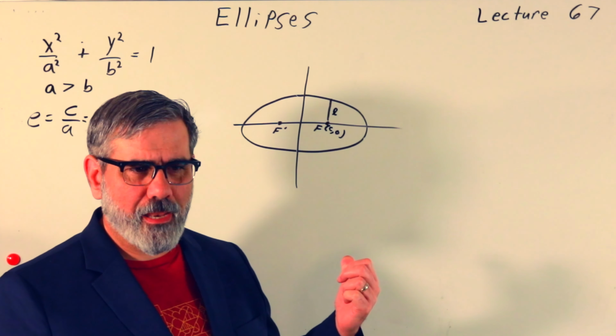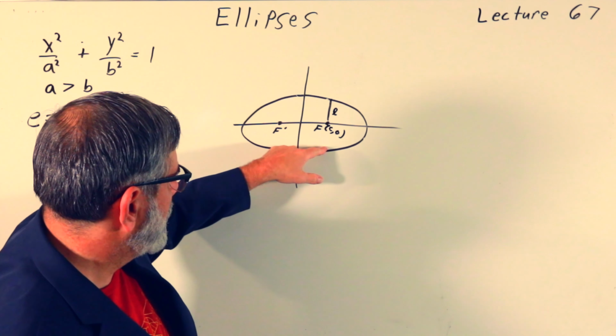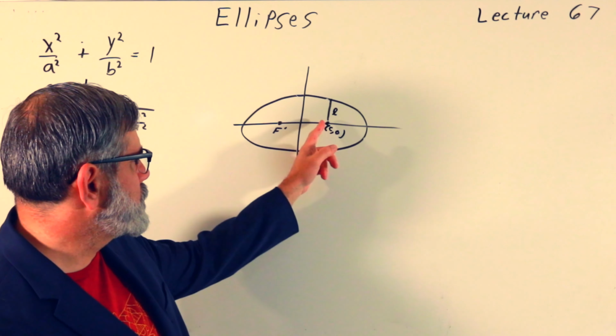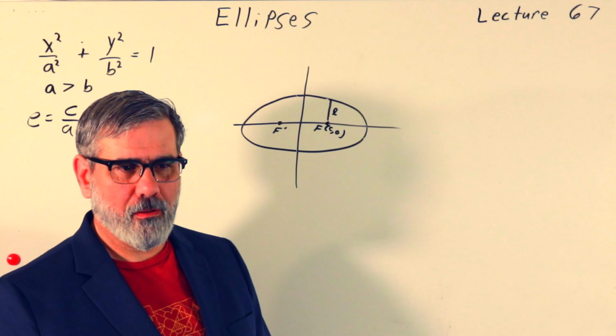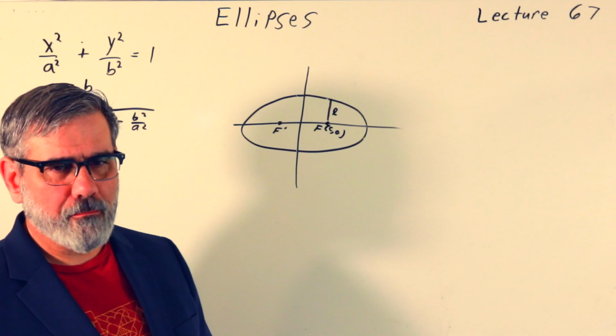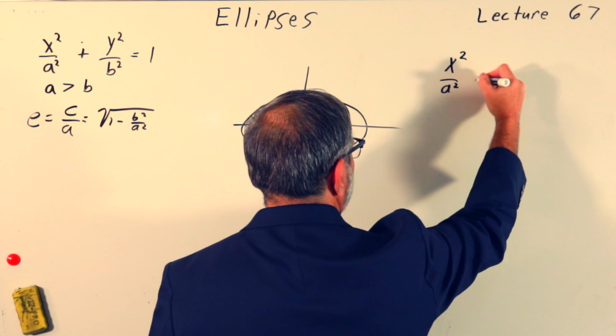I think they call it the semi-latus rectum, because the full latus rectum is from here to here. It's like a line that is parallel to the directrix that passes through the focus. That's probably how it's defined. Okay? All right. So we'll concern ourselves, though, with the semi-latus rectum. So we want to take our standard equation for the